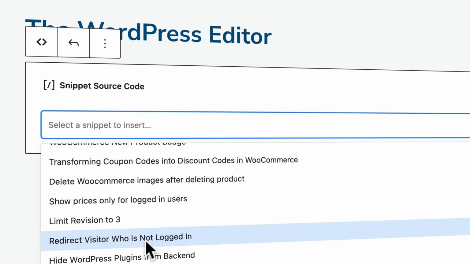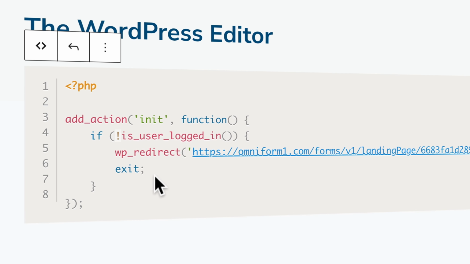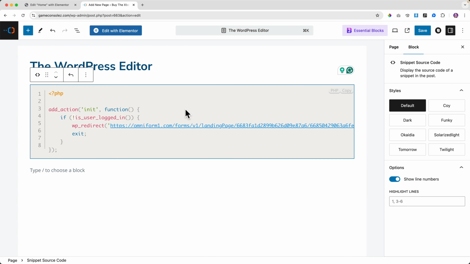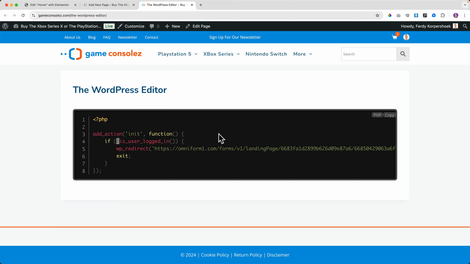So where is it? Redirect non-logged in users. Then I click on it, and I can change the style also to Twilight. Here you see it immediately. I can highlight things over here. I can show the numbers. So that's what you can do using the WordPress editor. And then it looks like this. So really nice that you can do that within code snippets.